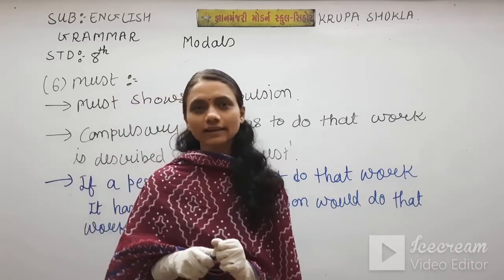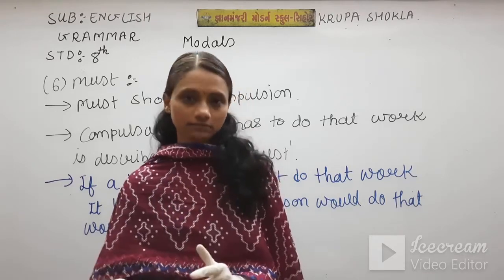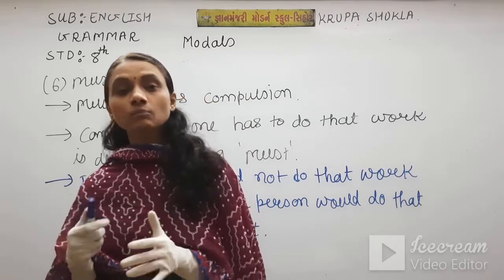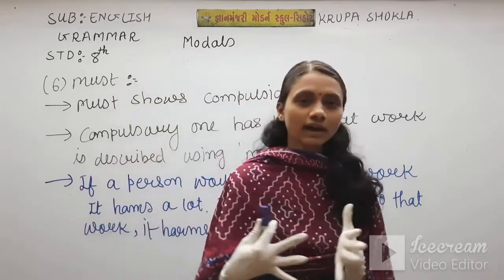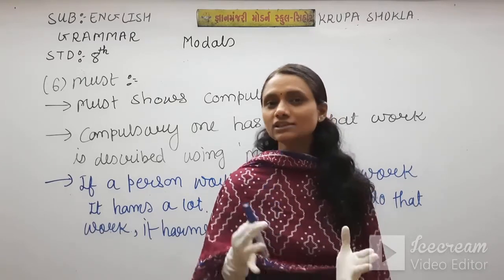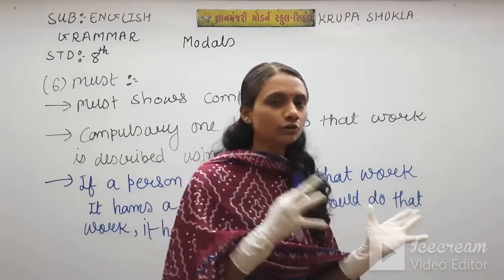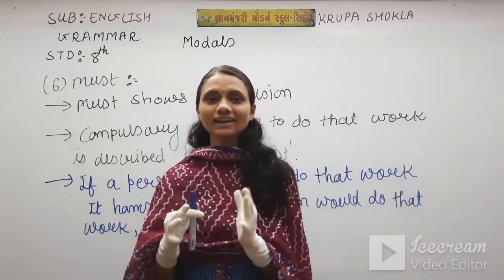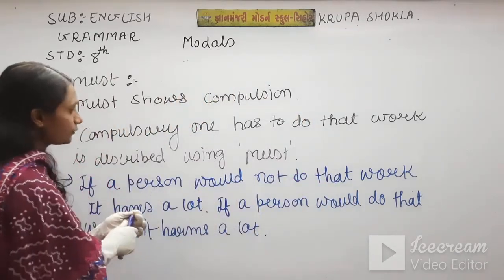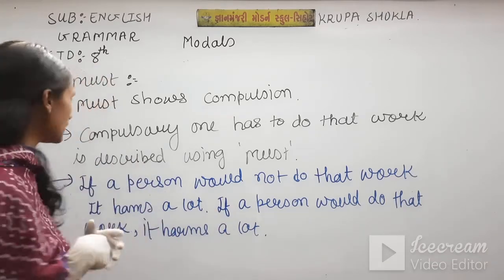Or you can say that we must wear a helmet while driving. If we don't wear a helmet, then we might get into an accident or we might lose our life. That will be dangerous for us. So any dangerous situation that will occur if you don't do this, or if you do this, that kind of thing is expressed with must. So this is the rule. Please first note down these rules. After that I will give you some more examples of must.